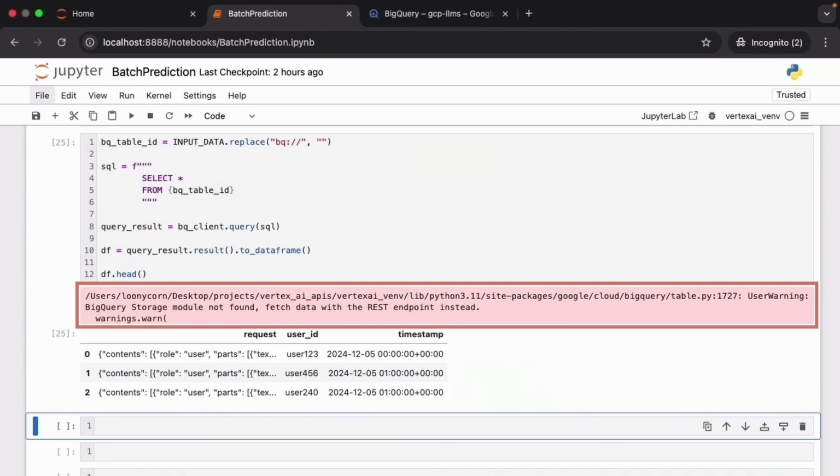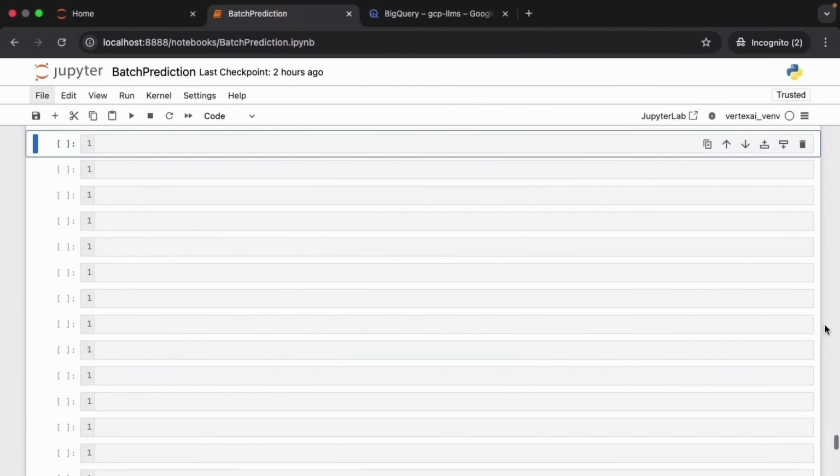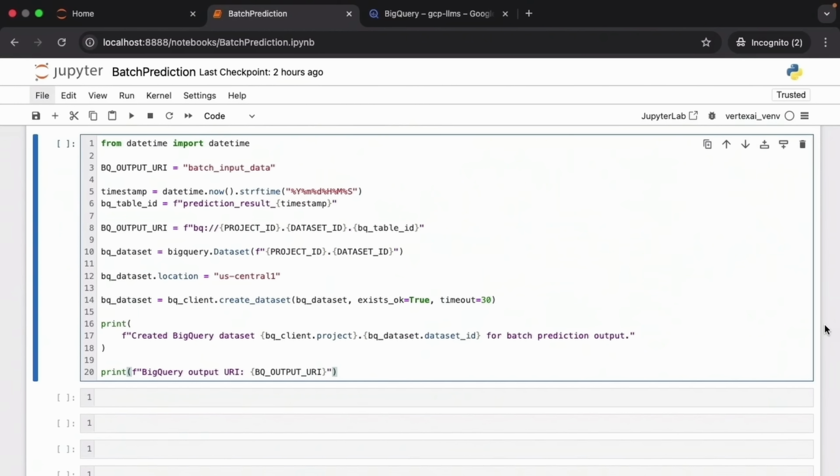You can ignore that warning there. Vertex AI wasn't able to find the BigQuery storage module, so it just fell back to using the REST endpoint to retrieve the data. Now let's set up the path to the output table where the prediction results will be